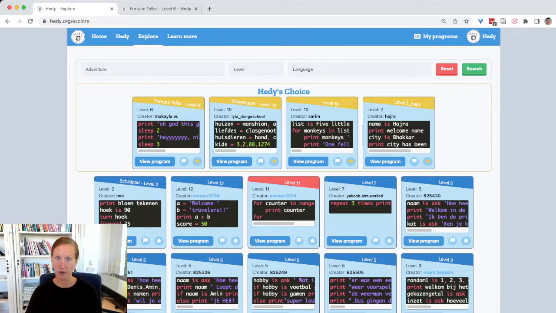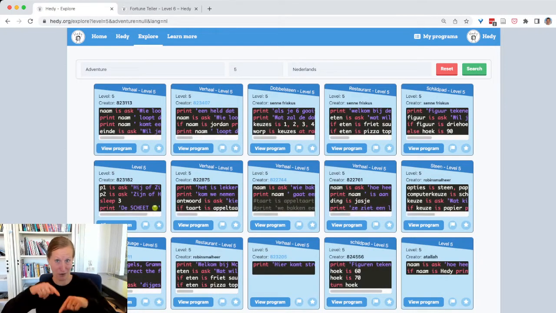What you can do if you want to, and can be very handy, is select based on language and level. So for example, this week, this is actually true. This week I was teaching level 5 in my class and I was teaching in Dutch. So if I search now, I will only get programs for level 5 and I will only get programs that have been created by students in Dutch. It isn't necessarily true that everything that they type will be Dutch, right? Even if their Hedy account is set to Dutch, they're free to type English strings, but in general,